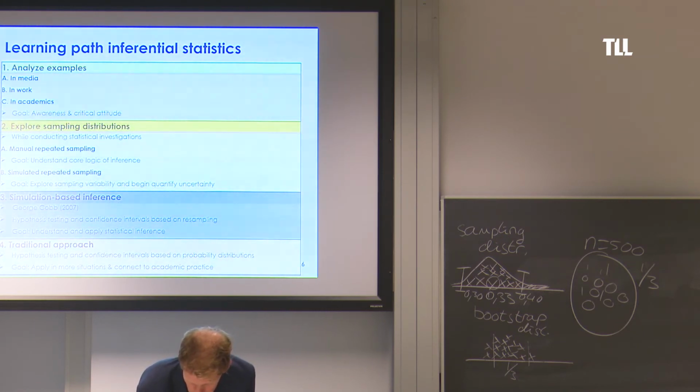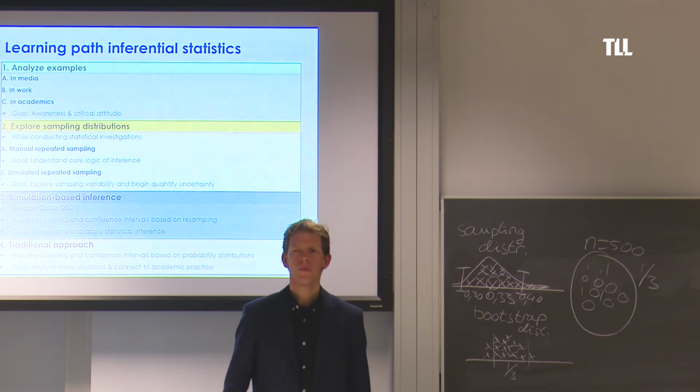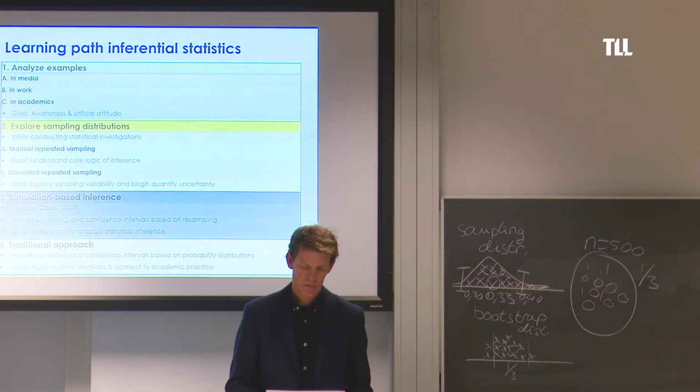Yes, my question relates to that, in that I was wondering how the different blocks of the learning path relate to each other, especially in size. Well, there's actually 2 questions I have. One is you don't say anything now about the relative importance or size of the different components, and you probably do have ideas on that, so I was wondering if you could say something about that. And the second is, I'm especially a bit doubting about the yellow block, the exploring sampling distributions,